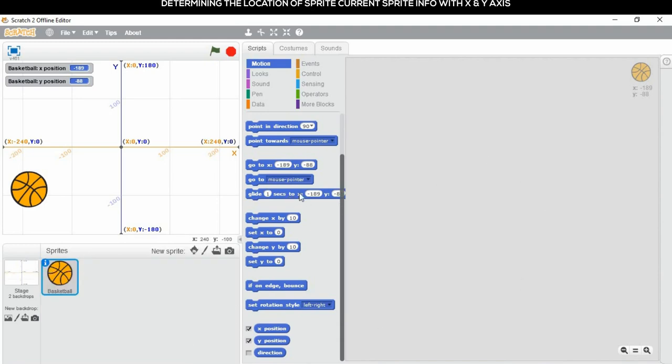Next, we are going to select a glide option from the motion block. Imagine, children, now our sprite is here and we are going to change the X value to 125 and the Y value to 55. Okay, I have changed my values and I am going to load it. Double click it. See, the position of the sprite has been moved.